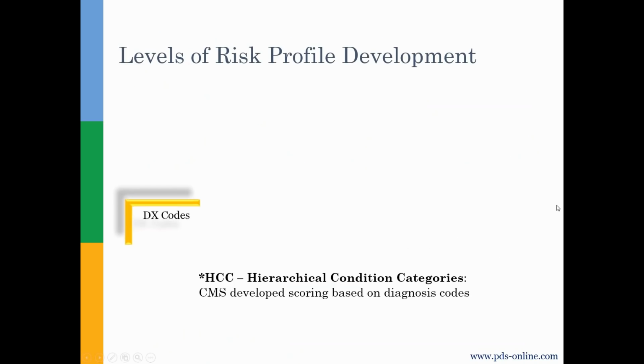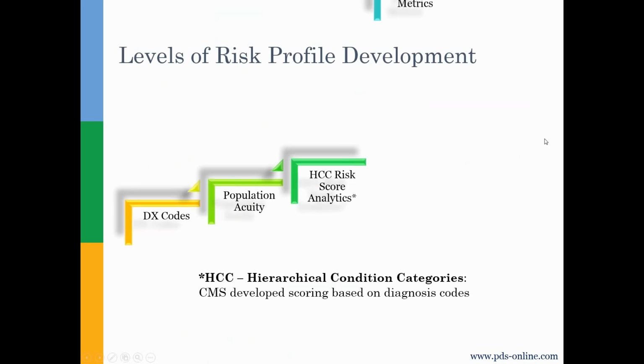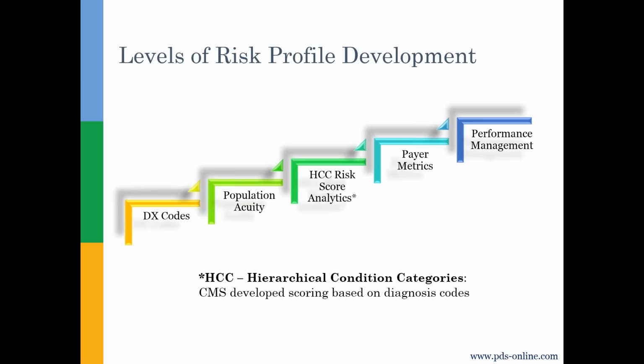So how do we manage to get there? We need a risk profile. Russ, tell me, I know that the risk profiles are based on diagnosis codes, but what else goes into developing the risk profile? So, here at PDS, I like to think of this slide as sort of levels of usage